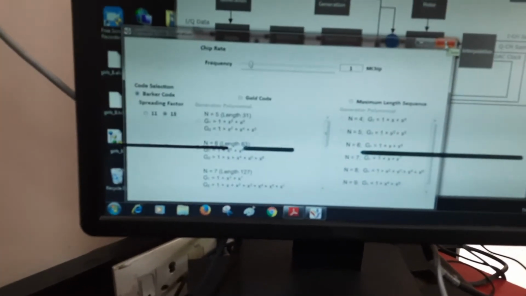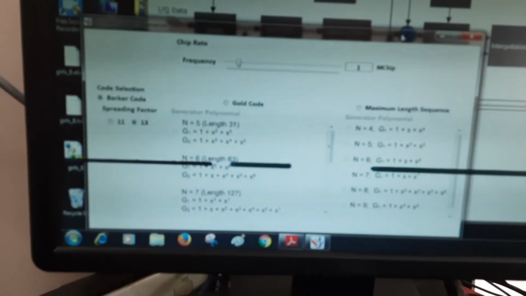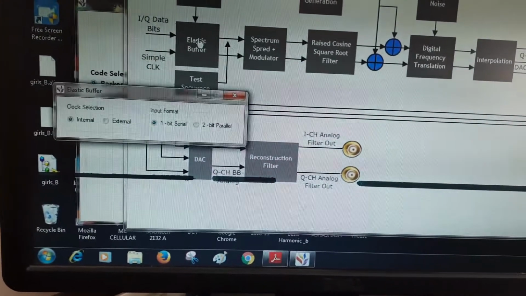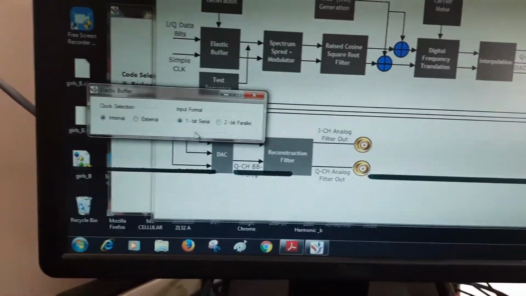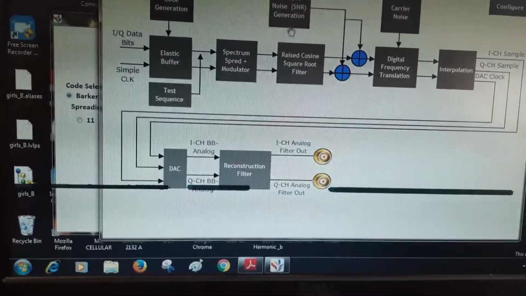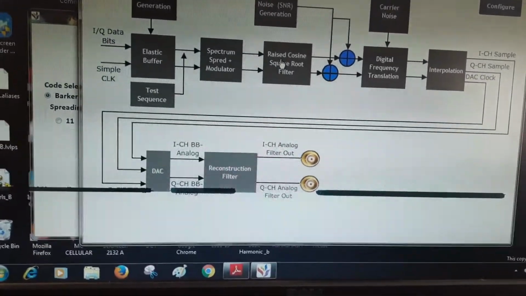So this is the PN spreading code generator, in which we can select different parameters. Close. This is a classic buffer. We can set the different parameters, modulator, raised cosine sequence.